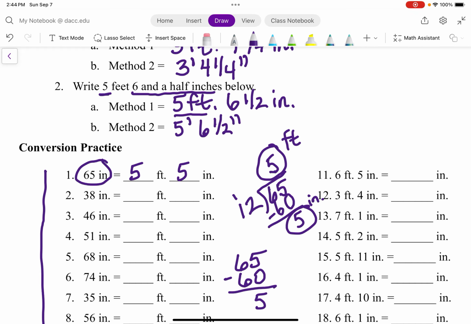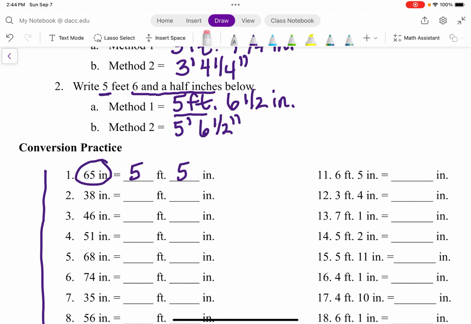So that's another way that you could figure that out. The first way is you either have to do the division, or you can write your chart and just do a simple subtraction there. So let's erase and let's try number 2 together. All right, so number 2,